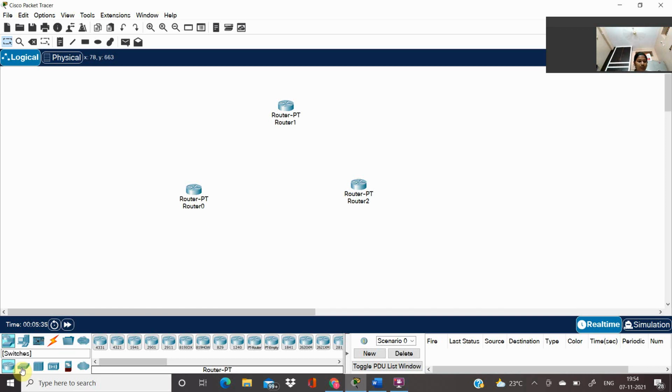Next we have to take switches. We have to take PT switches. We have to take one switch here, another switch here, and another switch here.